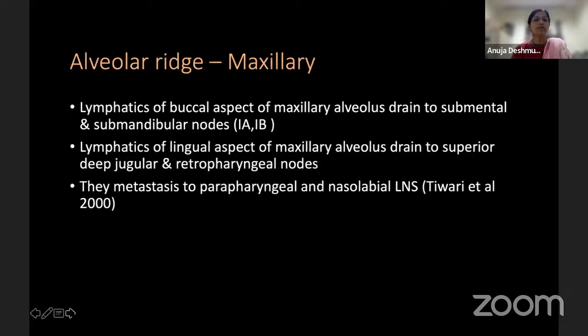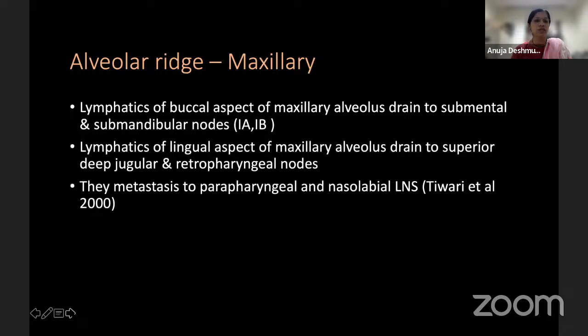So coming to the lymphatics of the buccal cancers, that is the maxillary alveolus, it drains to the submental area and the submandibular node area. The lymphatics of the lingual aspect of the maxillary alveolus drain superiorly to the deep jugular and the retropharyngeal nodes. If you read Tiwari's paper, they also mention the parapharyngeal and nasolabial lymph node involvement because of